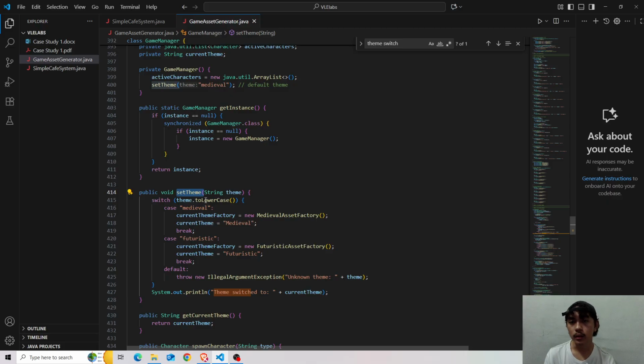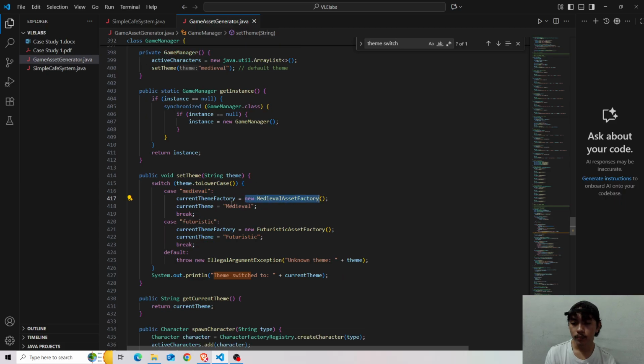If the user uses medieval, then the current theme factory is set by creating a new object of medieval asset factory, and then it sets the value of the current theme to what the user has entered or requested for the theme.